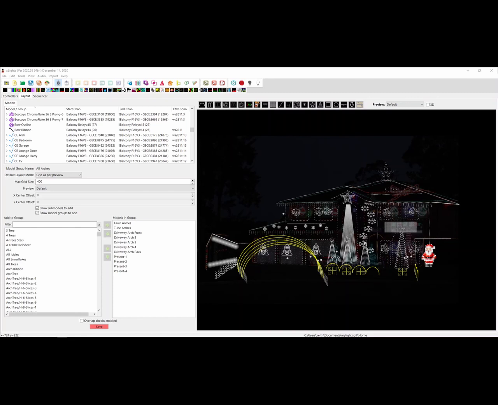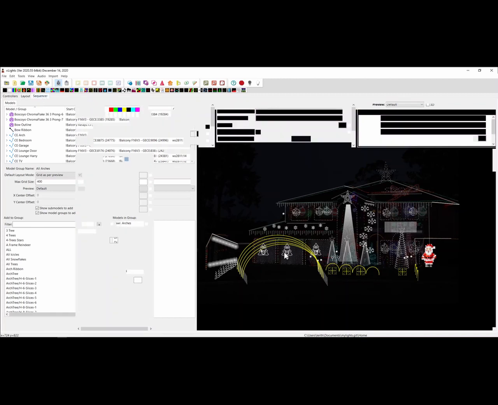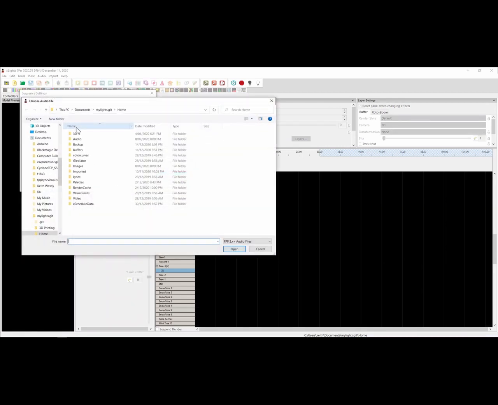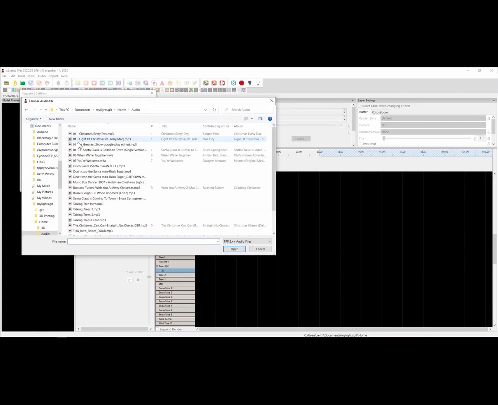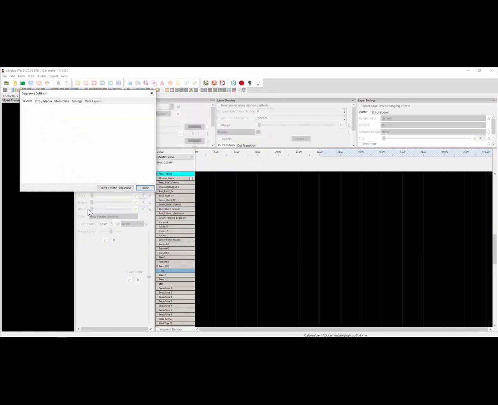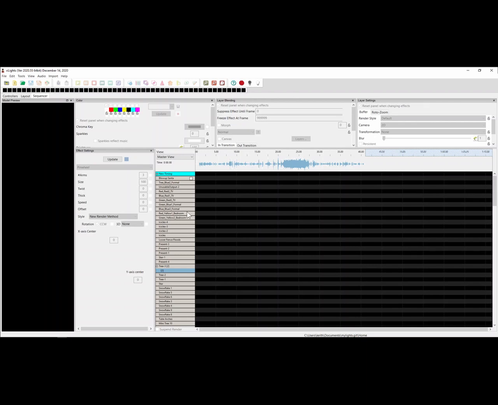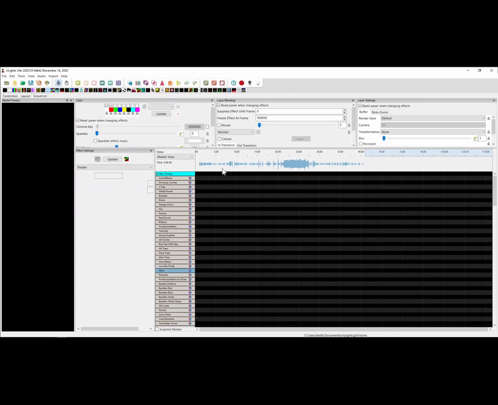Add support for audio shaders. Now, audio shaders are kind of cool. I'm going to have to find one now. I'm also going to have to create a sequence based on an audio file. Is there an audio file in here? Oh, yes, there is. I'm going to use the talking trees because that way I'm less likely to get a YouTube hit. So if I've got an audio file and I'm using a shader,